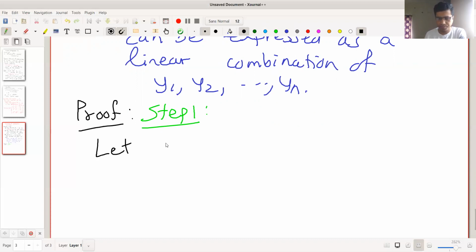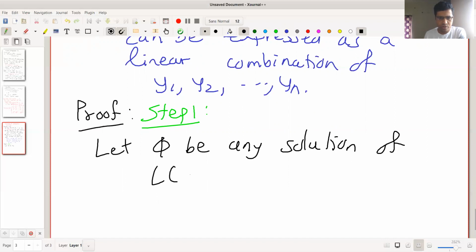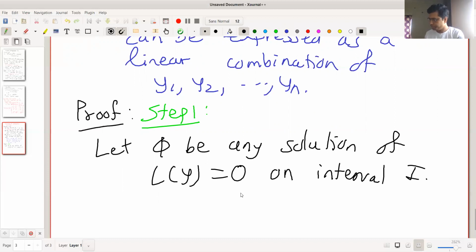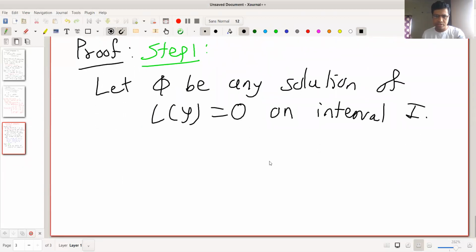Okay, so let phi be any solution of this differential equation L of y equal to 0 on interval I, open interval I. So we take any point in this interval, say x naught. Suppose for x naught in I,